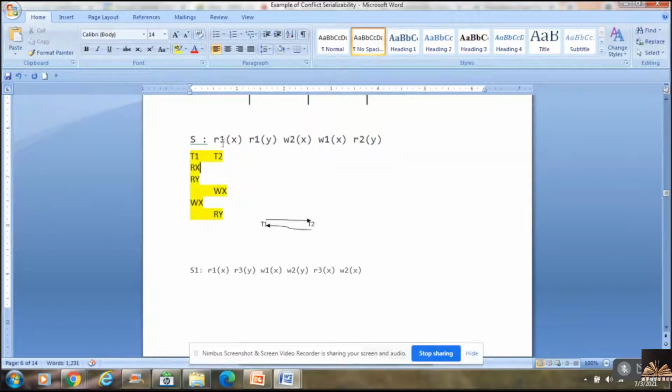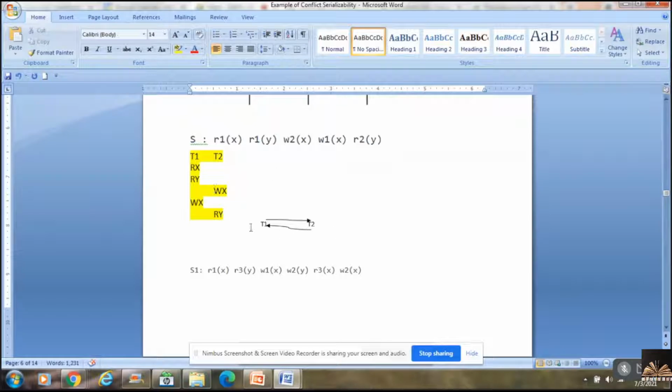R1X, R1Y, then I've got W2X, which is made as WX. Then I've got W1Y, with respect to transaction T1. And then I've got R2Y, which is with respect to transaction T2. Now what I have to do?